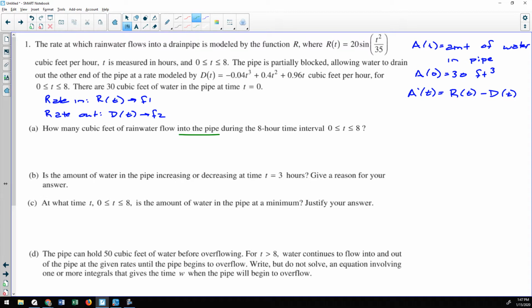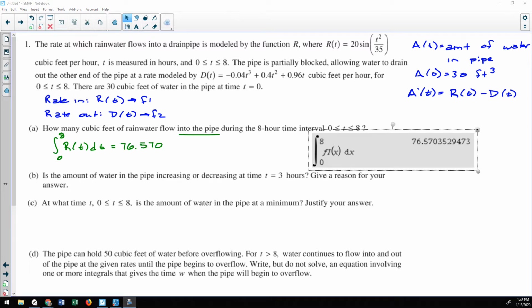So if I want the amount in, I'm going to have to do the antiderivative of R of t. I'm going to have to undo that rate by doing an antiderivative, and we will measure that antiderivative from 0 to 8. And because this is a calculator question, do not try to do this antiderivative by hand. You are expected to just throw this in the calculator and write down your answer. All right, so we get